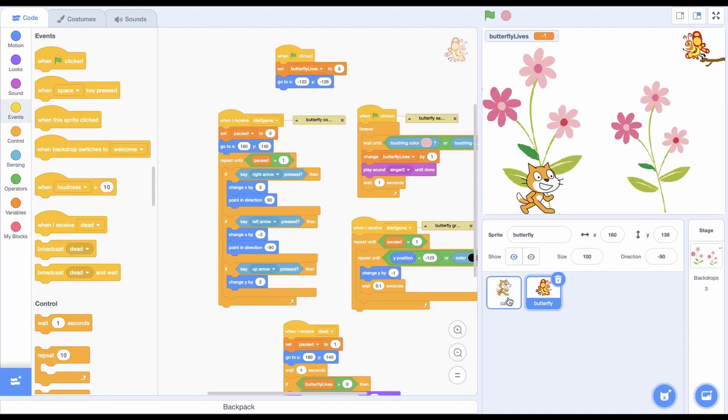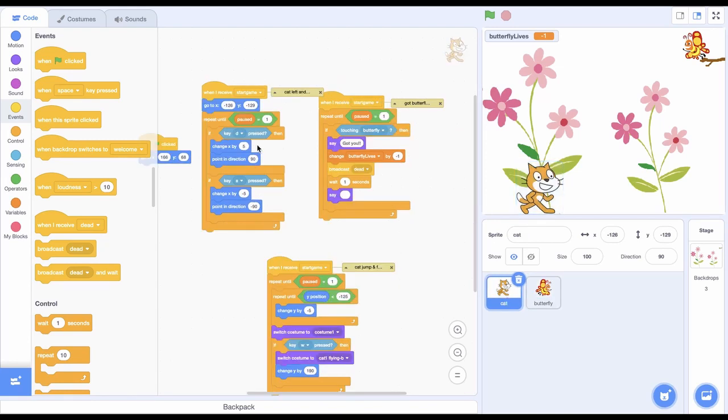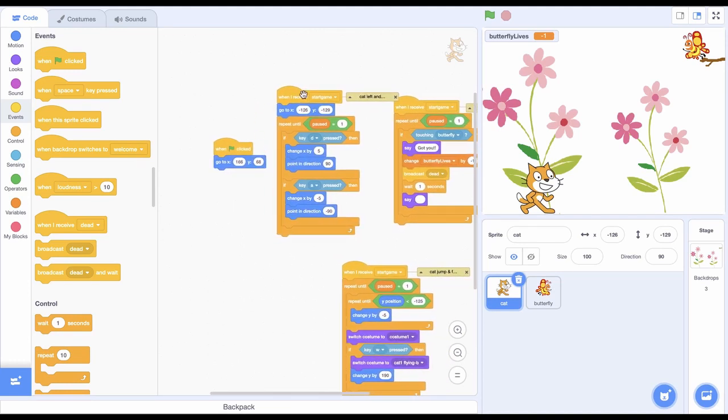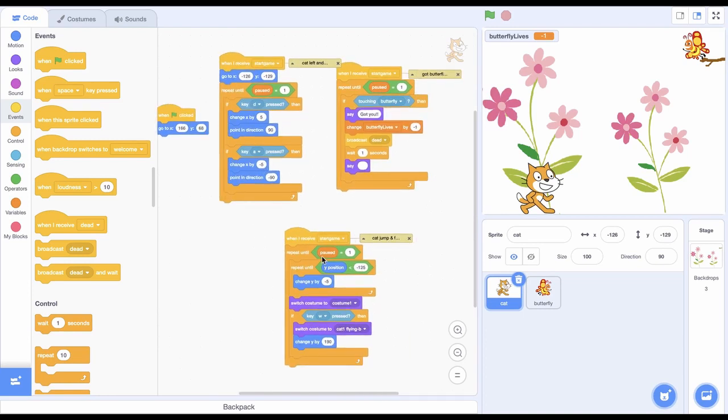So now we're going to go ahead and code the cat sprite. We are going to use the when I receive start game message again and select start game. By using this block, we are telling the cat sprite to activate when the player presses the space button, when the game is started. This basically has the same concept as the butterfly. When the D and A keys are pressed, it's going to change its position. And it also has this repeat until paused. This code here